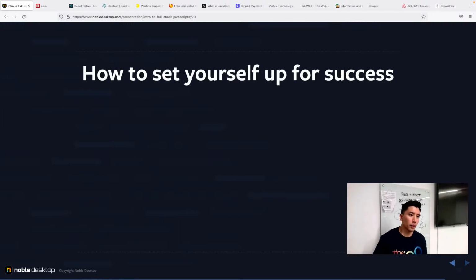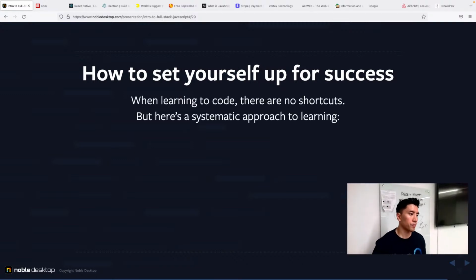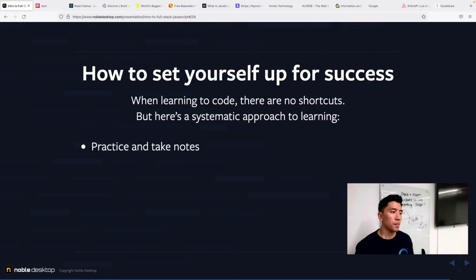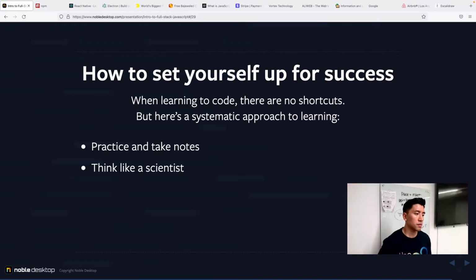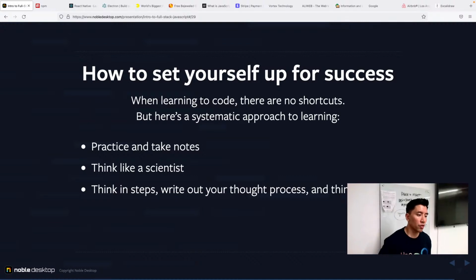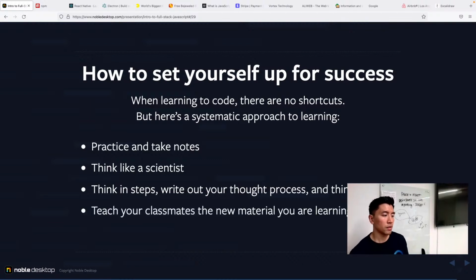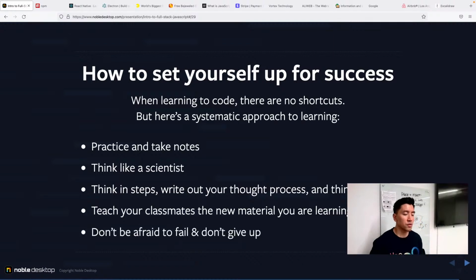Now, learning coding is highly mentally taxing and intensive. You will have to work hard, pay attention, and above all else, practice. So there's no shortcut to learning anything, right? Practice, take notes, think like a scientist. Think in steps, write out your thought process, and think out loud. Teach your classmate the new material you are learning, and don't be afraid to fail, and